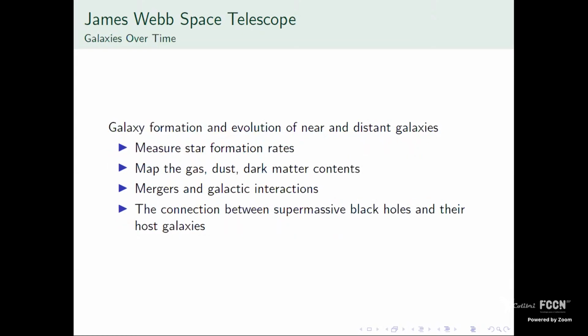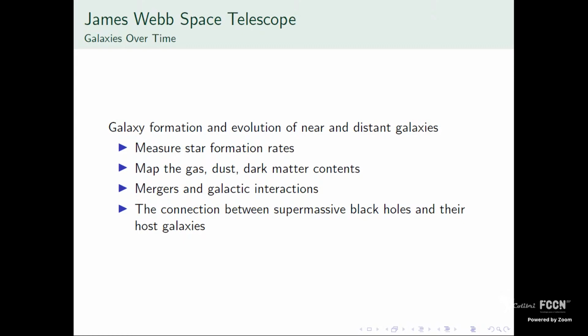So another focus of Webb is galaxy formation and evolution of nearby galaxies, and also of high redshift galaxies. One of the problems in galaxy theory is really the star formation rate. Because, as I said before, a problem in astronomy is that dust heavily interferes with observations.